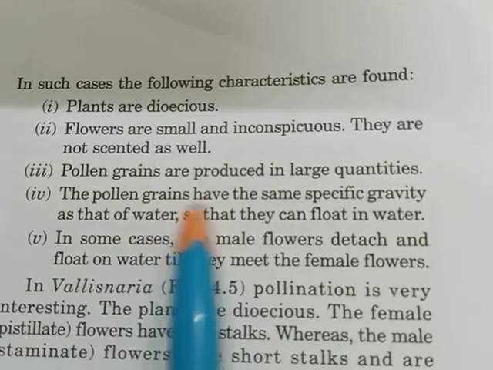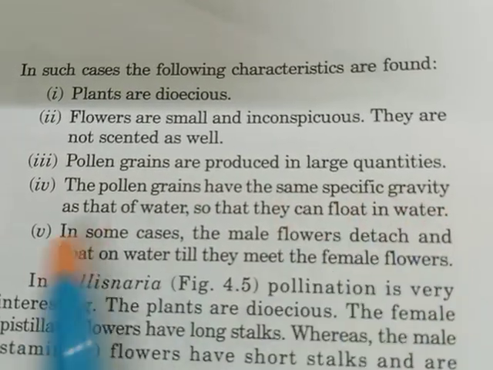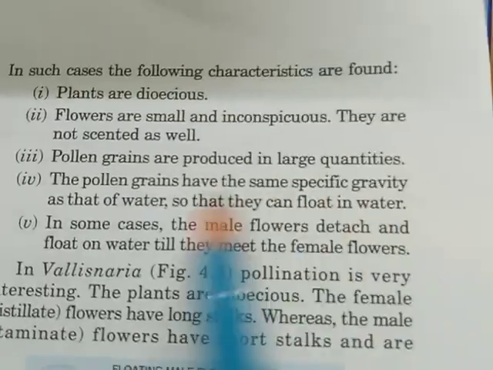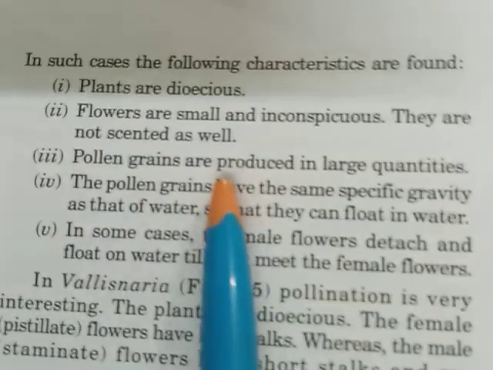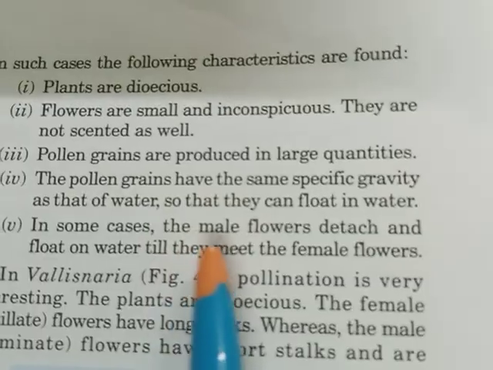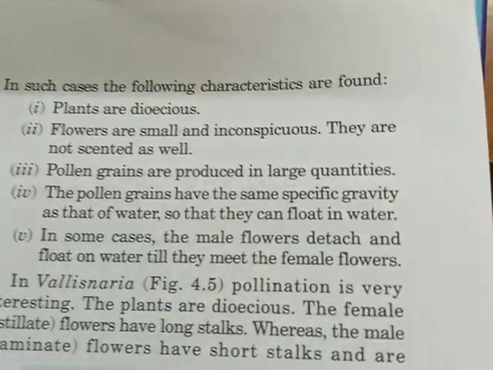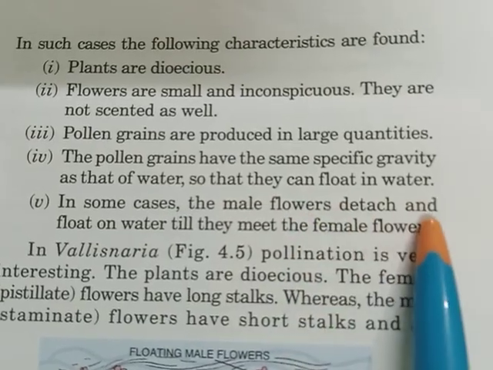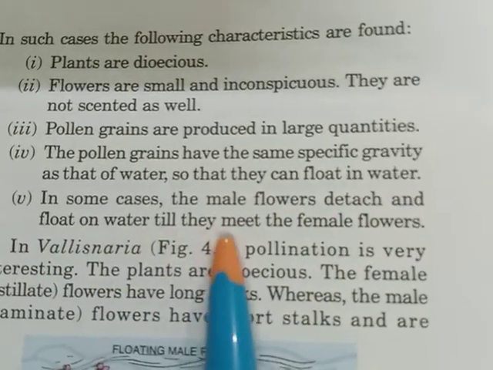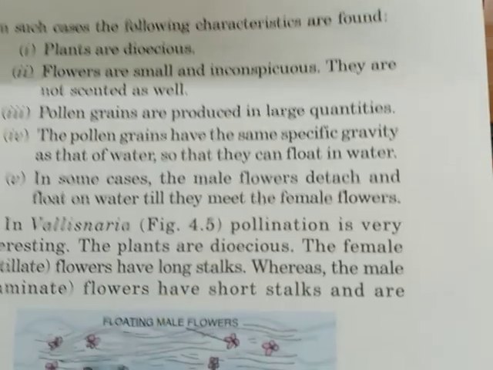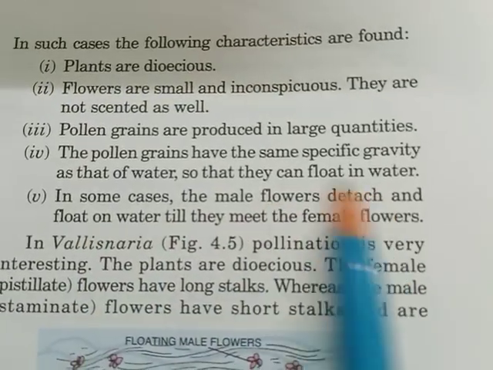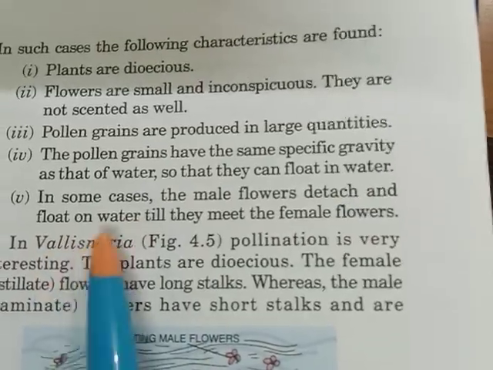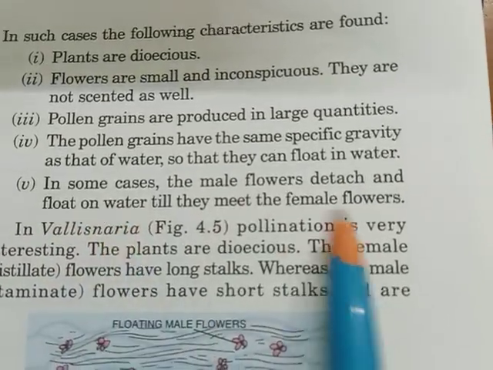The pollen grains have the same specific gravity as that of water, so that they can float in water. So the pollen grains are produced in large quantities, and they have the same specific gravity so that they can easily float in water. In some cases, the male flowers detach and float on water till they meet the female flowers. The male flowers get detached from the plant, and they float till they reach the